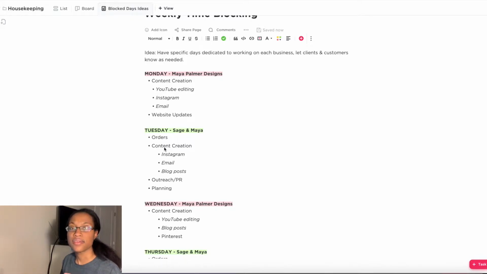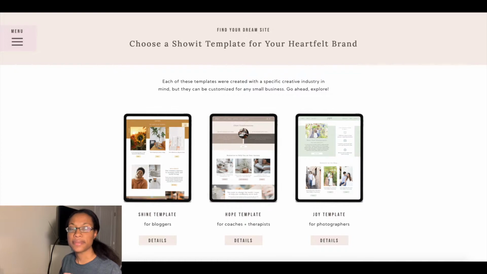I usually would have client work to do, so like designing websites and brand design for clients, and so it used to be that on Mondays and Wednesdays I was working on client work. However, in this season of my business, I'm focusing more on my Show It template shop, which is a lot different than custom web design services, because the way that the templates work is that someone buys the template and they get access to my course that helps them customize it, and then I'm here for support if they need